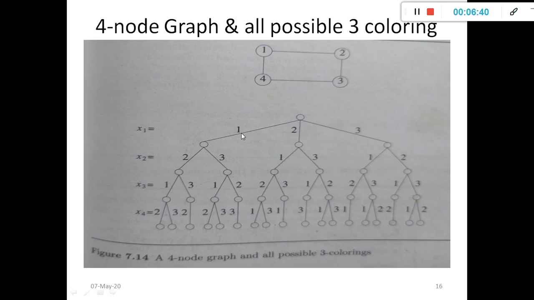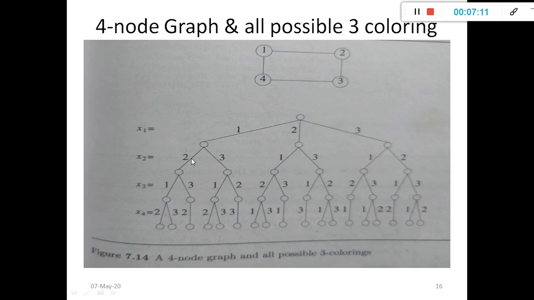This is one combination, or one possibility: node 1 is colored with 1, node 2 with 2, node 3 with 1 and node 4 with 2. Similarly, apply this for all the remaining 3-coloring possibilities. Then check another possibility: node 1 is colored with 1, node 2 with 2, node 3 with 3 and node 4 with 2.